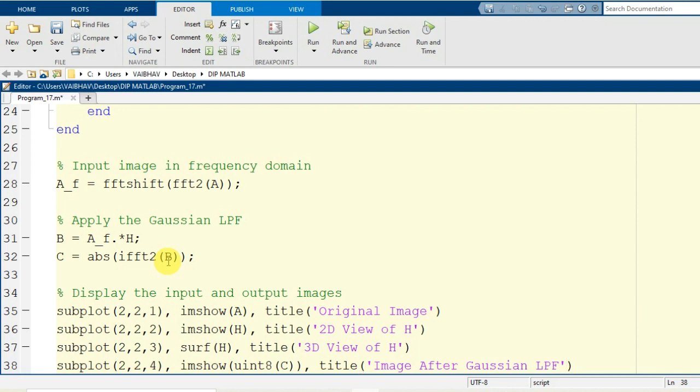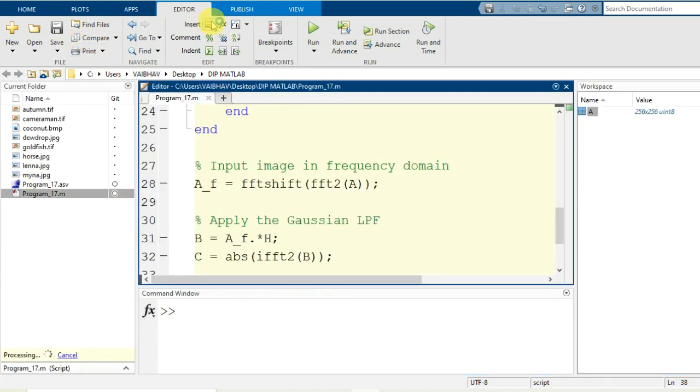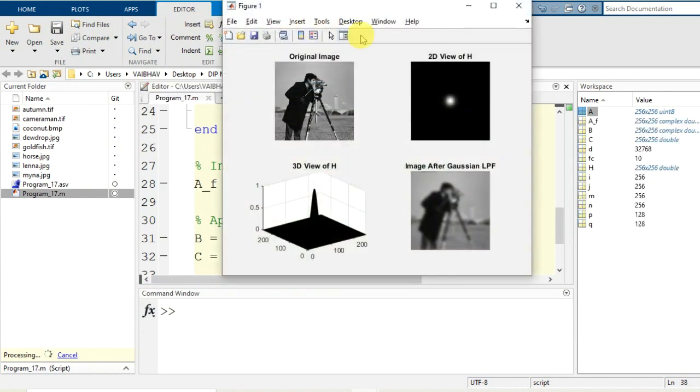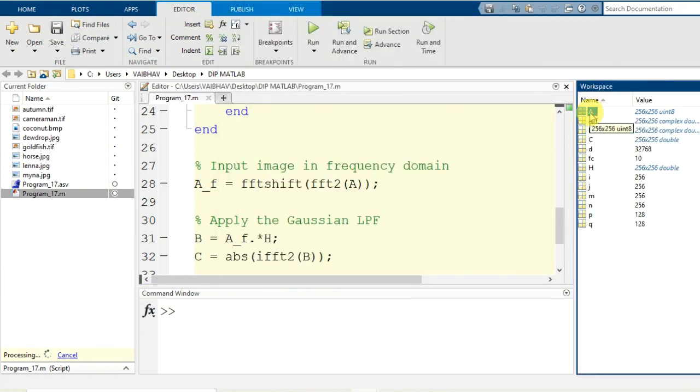So this is the simple script we have written. We save the changes and run this program. Earlier we had only one variable A when we tested whether we were successfully reading the image information or not. It is held by the variable A as discussed. The same has been shifted to the frequency domain representation. Now after applying the filter kernel or filter mask we generated for the Gaussian low pass filter, we get the image information in the frequency domain held by the variable B, and after inverse Fourier transformation we get it finally into C.